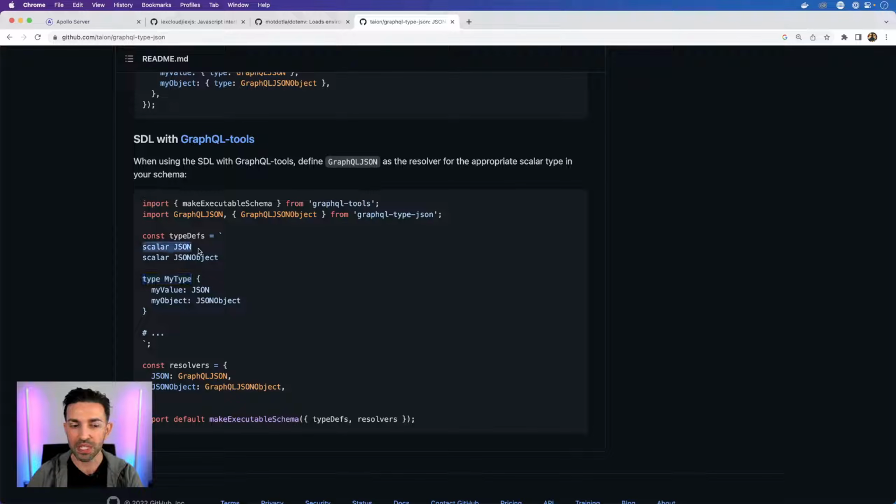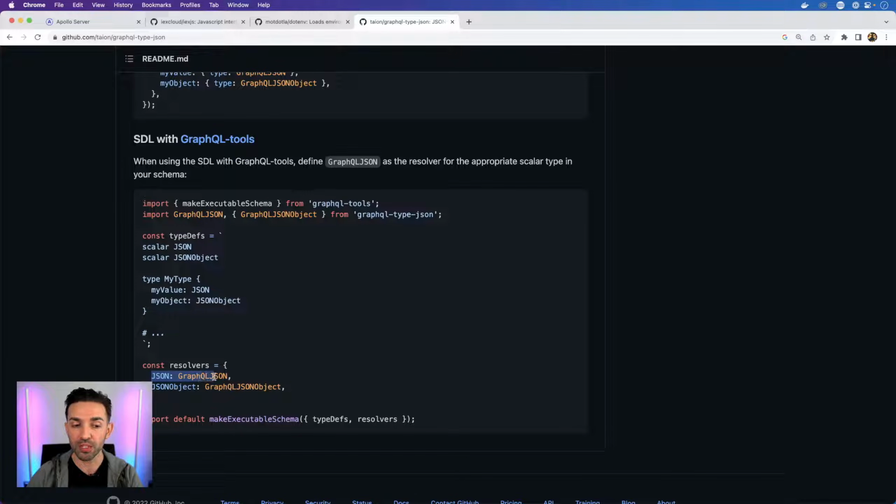So a scalar might be a date time, JSON, things like that. Things that aren't just a plain old string or number that you would want to create your own value scalar type of. So we need to declare scalar JSON, and then we can use that in our code,